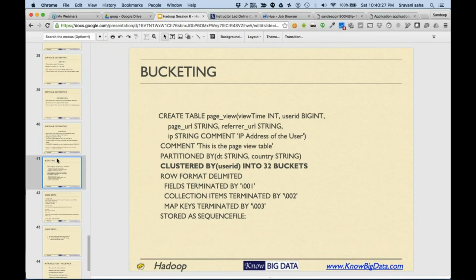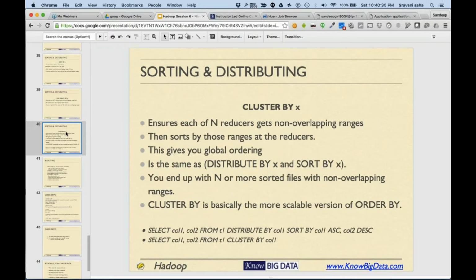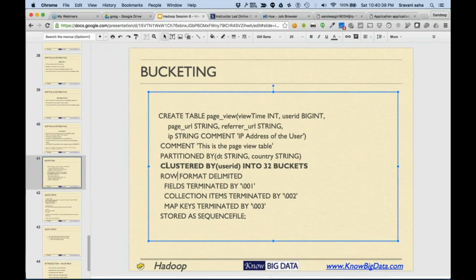Bucketing means we could break a particular column into buckets. While we are clustering, meaning sorting the data properly, we could specify how many buckets we want to create, meaning how many reducers we want to create.